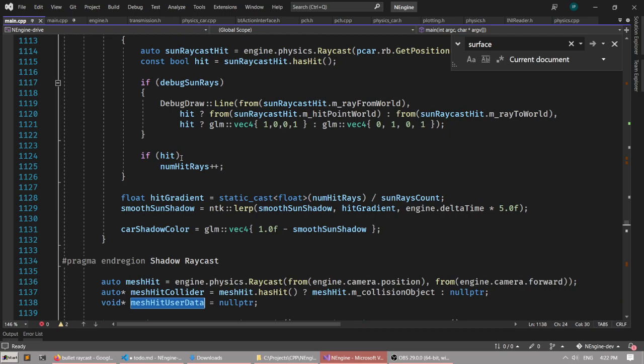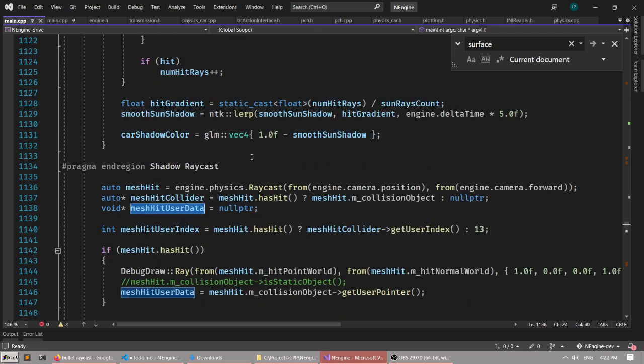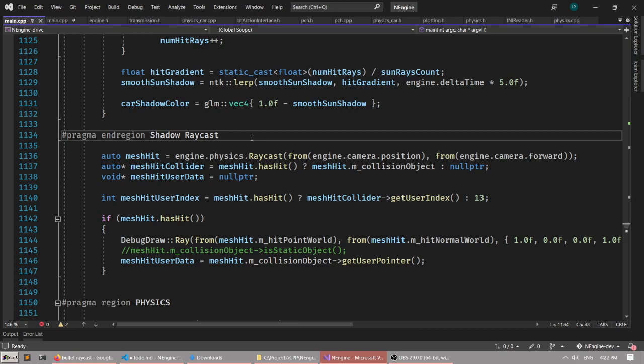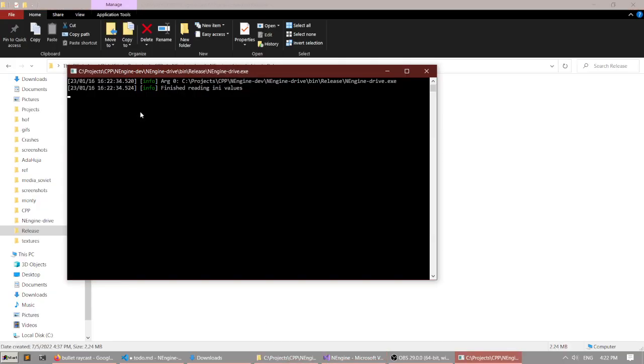Oh, it's after. I see. It's after raycast. There it is. Okay, so basically what I do here is I'm casting a ray from camera position forward. That's what the little red thing is. So as you can see here,